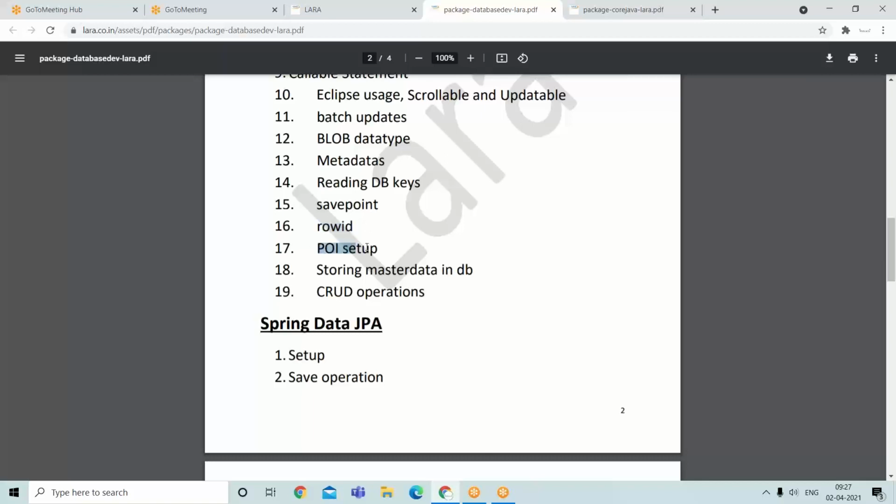To interact with the Excel sheet, usage of POI to interact with the Excel sheet. So from the Excel sheet, how data we can read and store in the database, mainly master data. Finally, CRUD operations: create, read, update, delete.